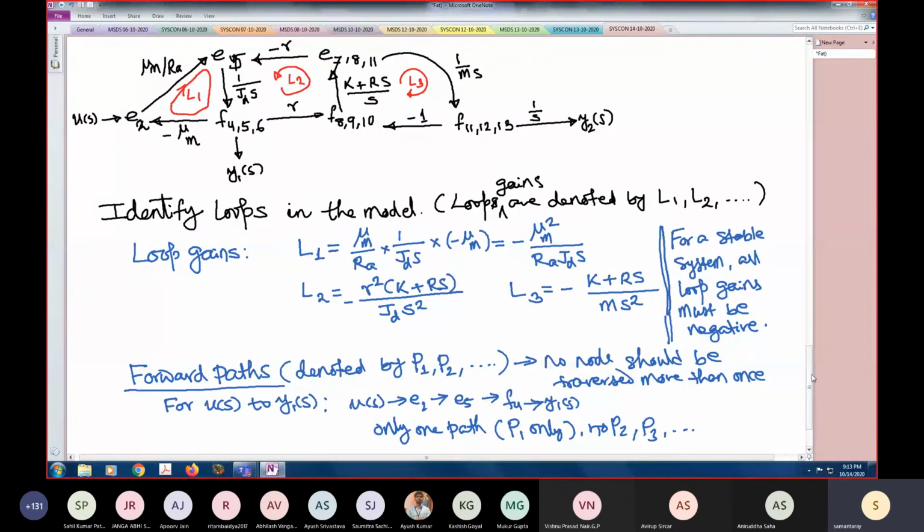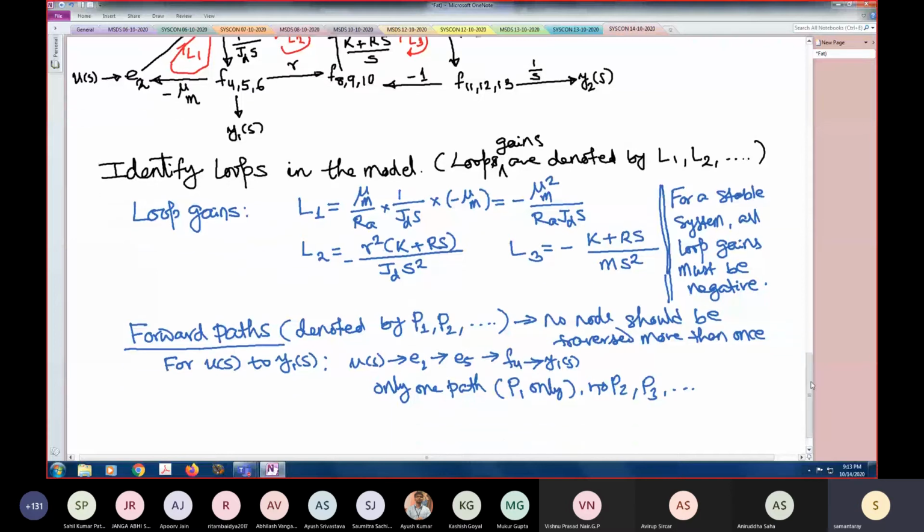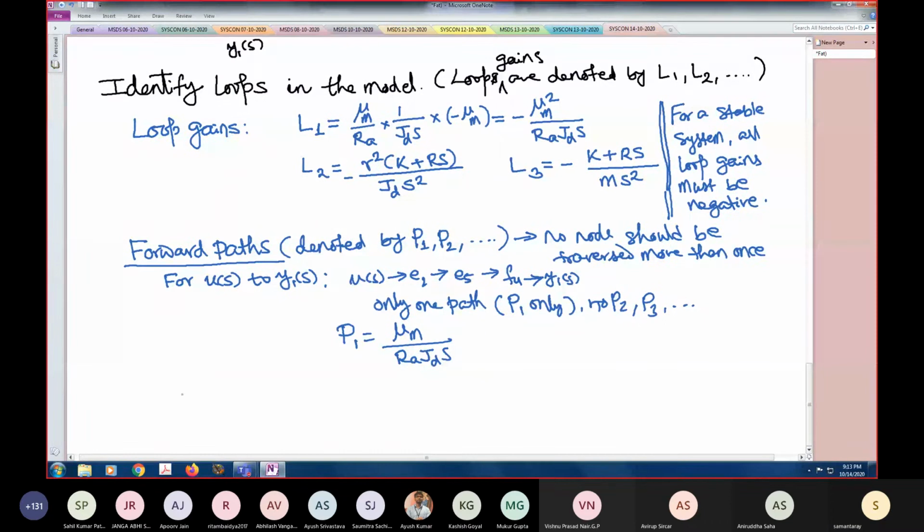So what is that gain? This is mu m by RA and 1 by ZDS. So P1 is equal to mu m by RA ZDS. So that is the forward path. This is for US to Y1S. Now for US to Y2S,